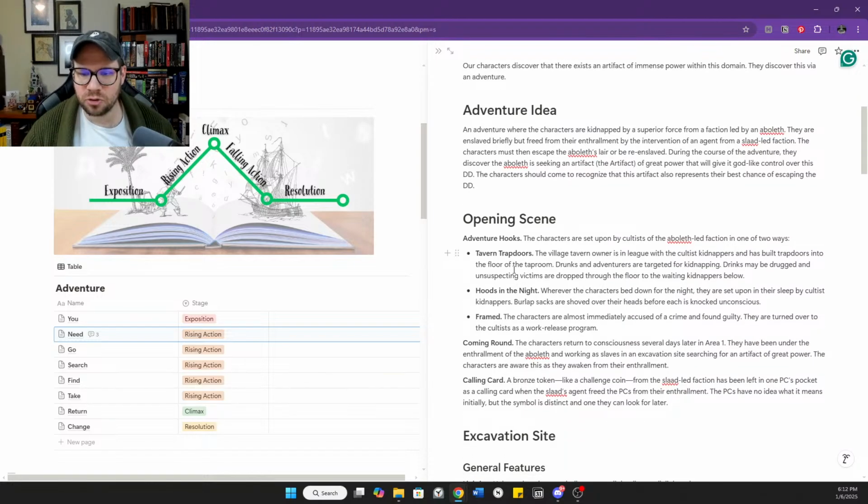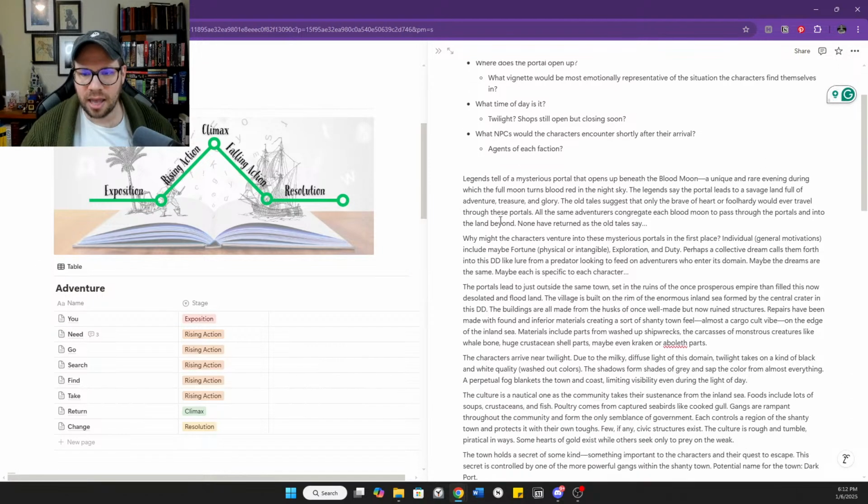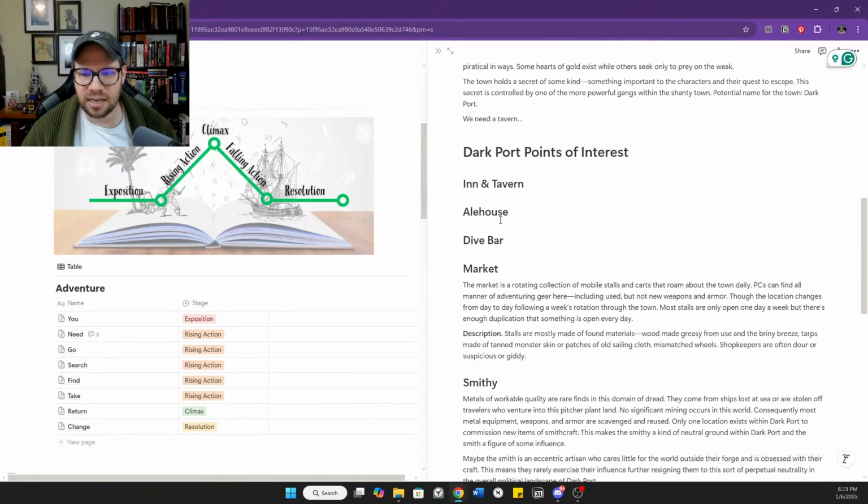The tavern trapdoor one falls specifically into our touch point for a tavern and an inn here. That's the one I wanted to re-highlight for a minute, so that as we're working on this, we can think about what kind of place this inn and tavern would be. We know that this domain of dread is a dismal place.